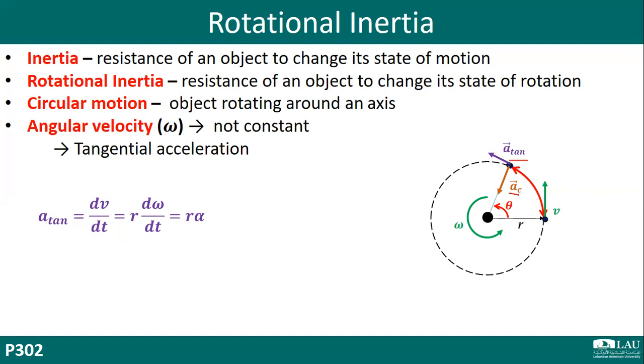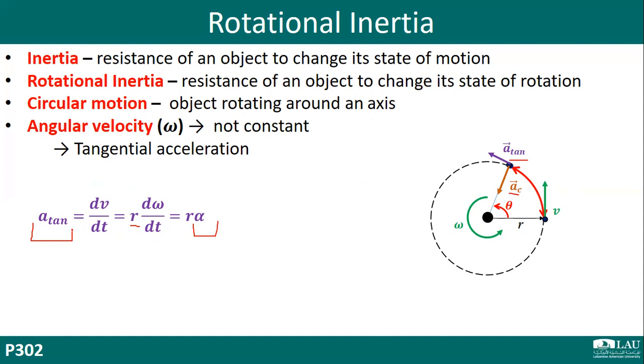Now, if we want to find the tangential acceleration, the acceleration tangent to the path, it's the derivative of v with respect to time. We know that v is omega r. R is a constant, so it's r times the derivative of omega with respect to time. The derivative of omega with respect to time is the angular acceleration. So to convert from the tangential acceleration to the angular acceleration, we have the relationship a equals r alpha. Okay,